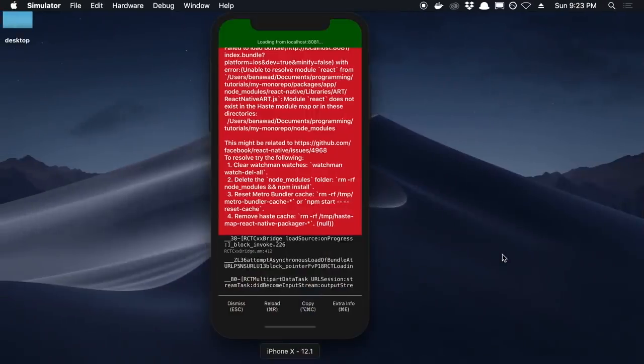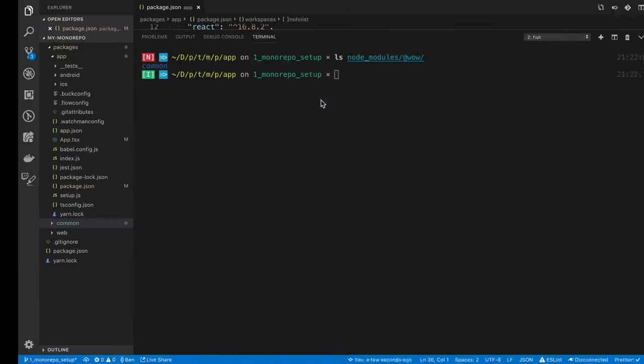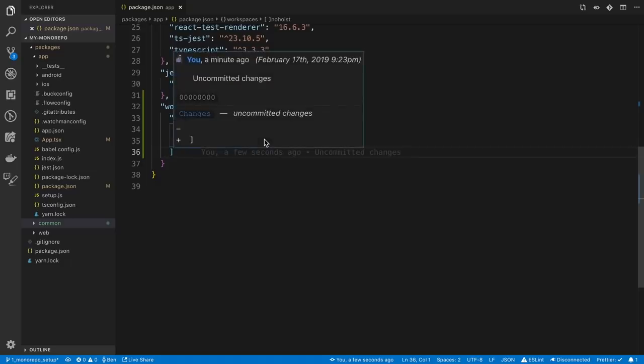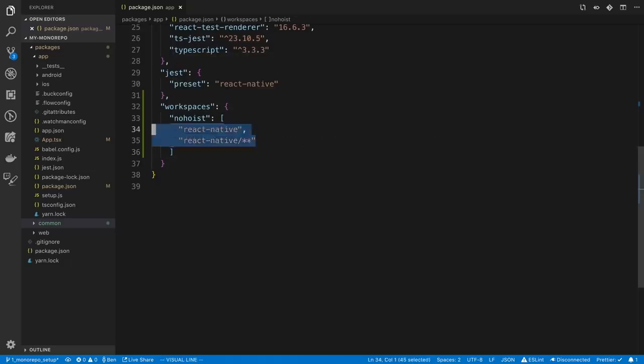So one thing I noticed about the error is it's coming from React, or it's coming from not being able to find the module React. So what we can do is we can say no hoist on React as well as React Native, and that should be able to find it. So I'm going to just copy paste this, and I'm going to say React here instead of React Native,